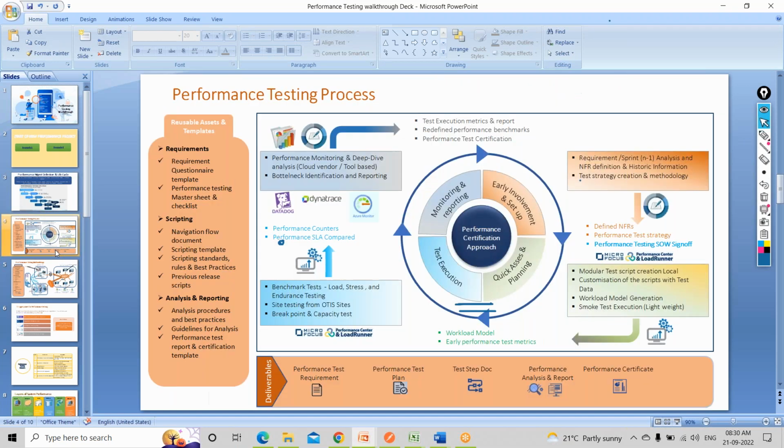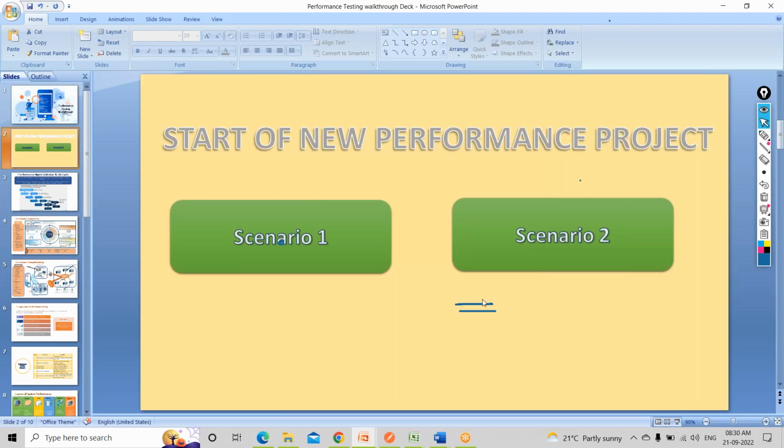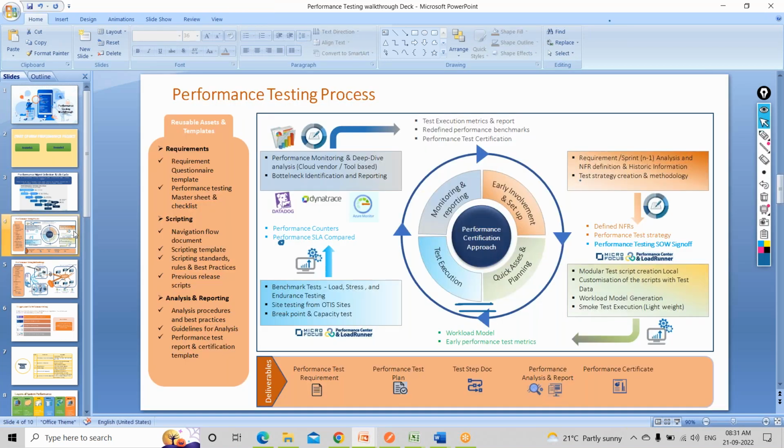So the next thing is the performance testing process. Now I was talking about two scenarios in the starting. I hope that now you'll be able to understand this in a much better way, why there are two scenarios. So now the first scenario is done. Now we'll come to the second scenario, and to be very honest, you have to give an onboarding walkthrough to make the client, your application team, whoever team is involved, understand what the performance testing team does. So we have to tell them what we do.